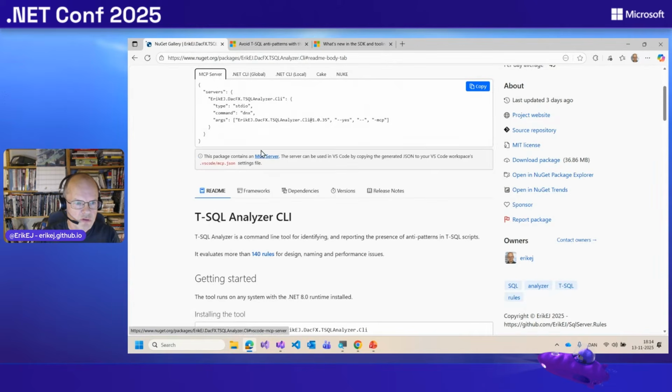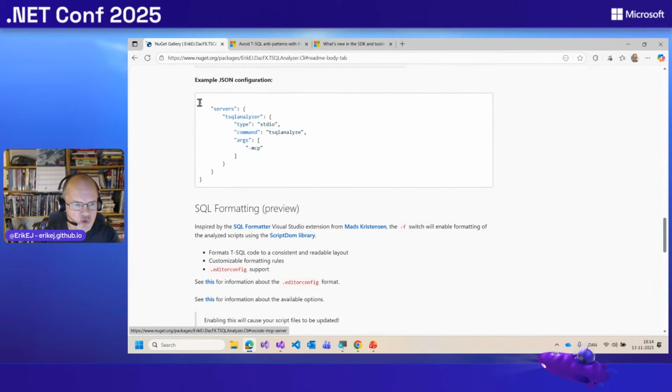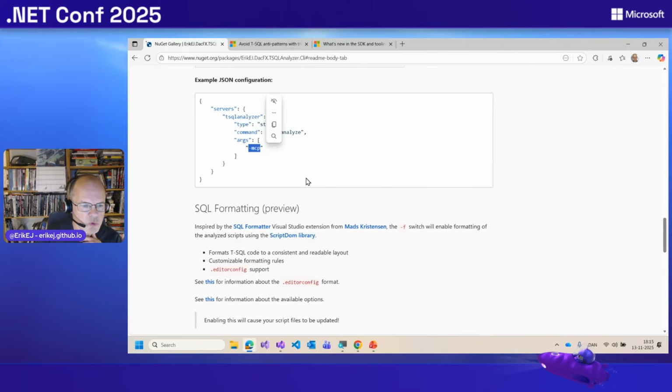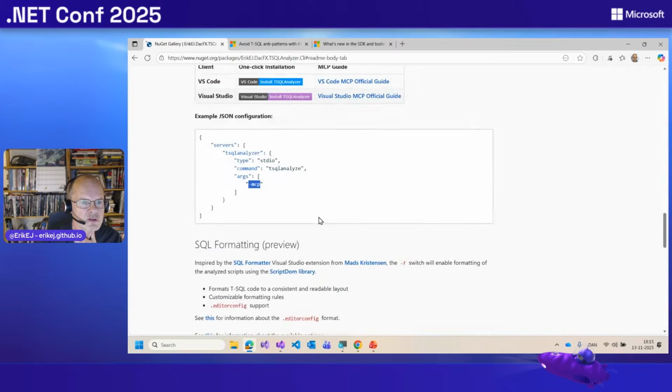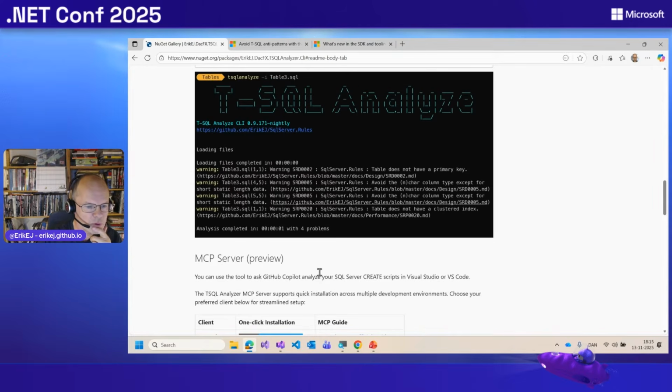In order to register it as an MCP server, you can add this to your MCP JSON file with the command line parameters. You can see I have this additional flag here to indicate we're running in MCP mode to our tool. It's also possible to make simpler installations now with hyperlinks that add this configuration either to Visual Studio Code or Visual Studio. So you can go into my repo and see how this is done.